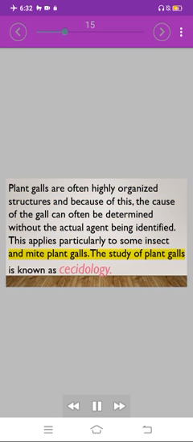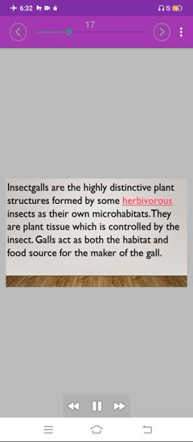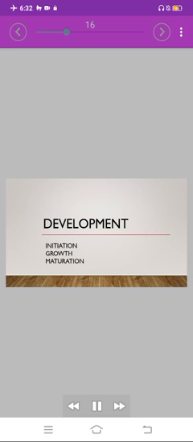The study of plant galls. Development: initiation, growth, maturation. The study of this applies particularly to